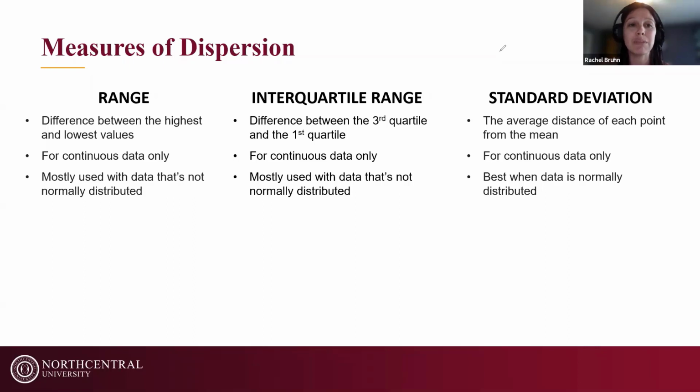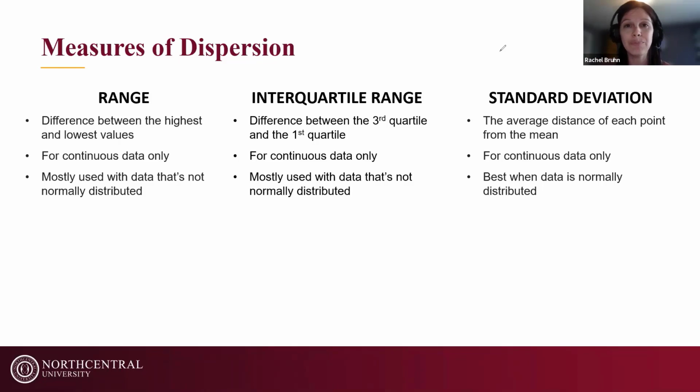So the range is simply the difference between the highest value in your data set and the lowest value in your data set. Super simple, just identify high and low, subtract the two, and that's your range. Interquartile range is just as simple, still a range, so you're still subtracting high and low. However, instead of using the highest and the lowest values in your data set, you want to use the first